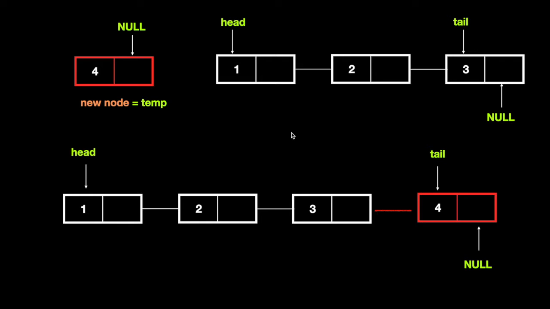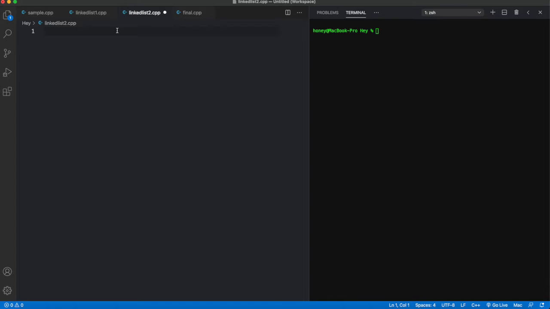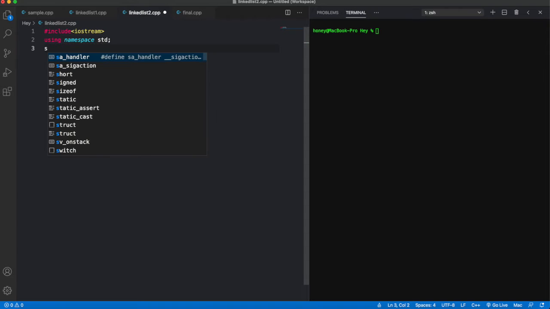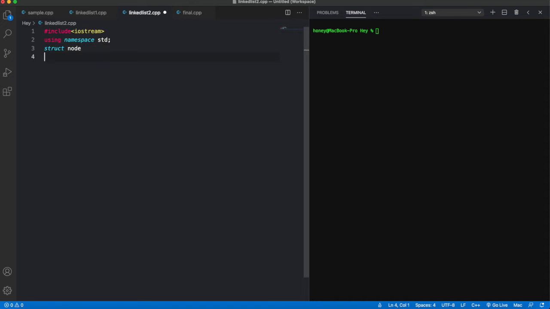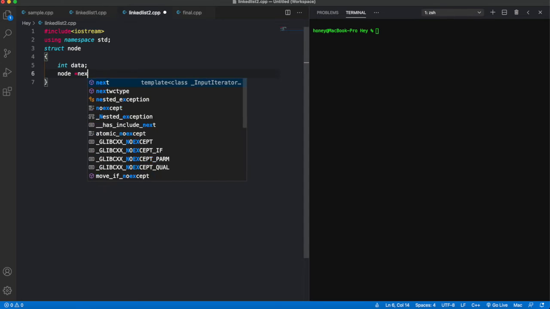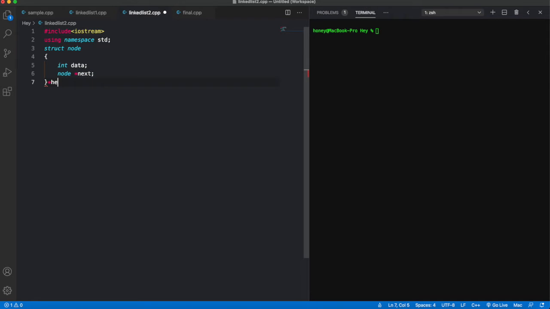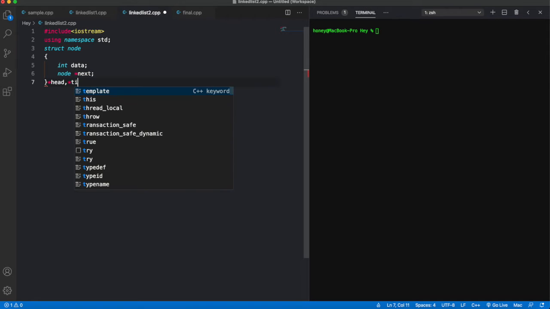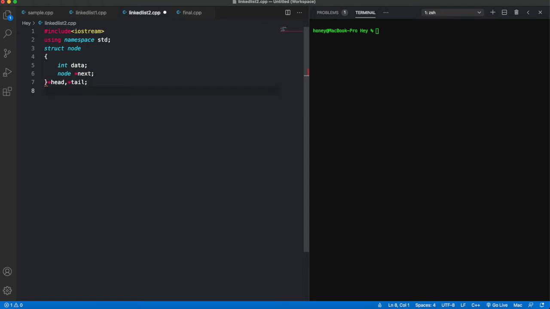Let's see how we'll write it down in code. So let's start writing the code. As usual, we'll create a structure node. Int data, node star next, which is a pointer to the node, and star head, star tail for storing the addresses.